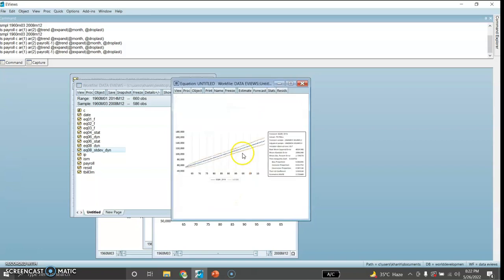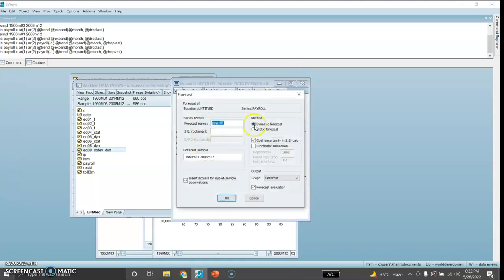So okay, this is the dynamic forecasting with the plus minus 2 standard error bands, and I can also do this for static. I will just replace this dynamic with the static here, and it can be done. So ladies and gentlemen, this is how we can do forecasting using MA and AR and MA terms with the